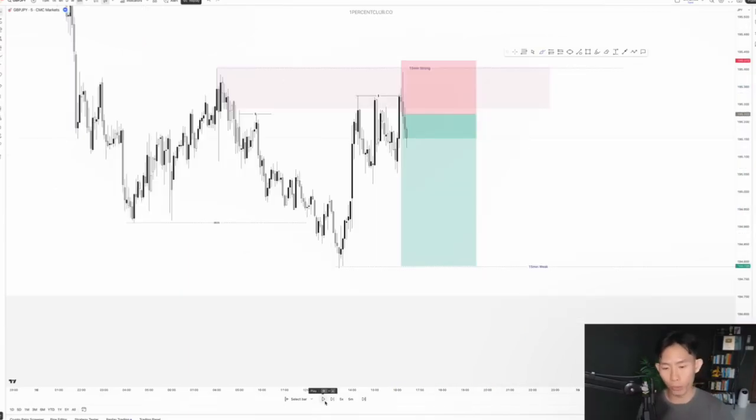Now let's look at how this beautiful trade plays out. Price goes up, pulls back a little bit, and then ultimately it started crashing. Right now we're in the green, and then boom, we smash our TP just like this. Now bear in mind that this is not a trade that I cherry picked on hindsight. This is an actual trade that made me $36,000, which I documented from the start to exit on my second